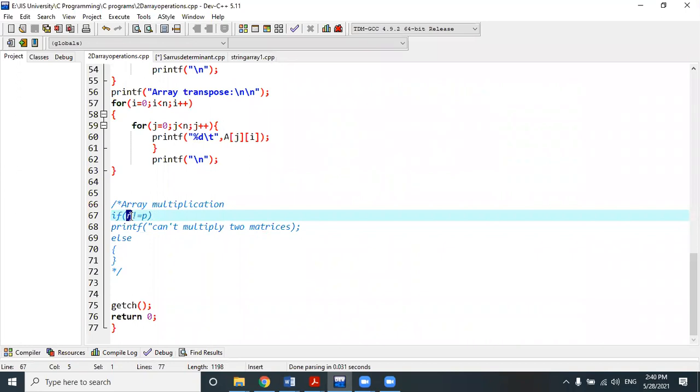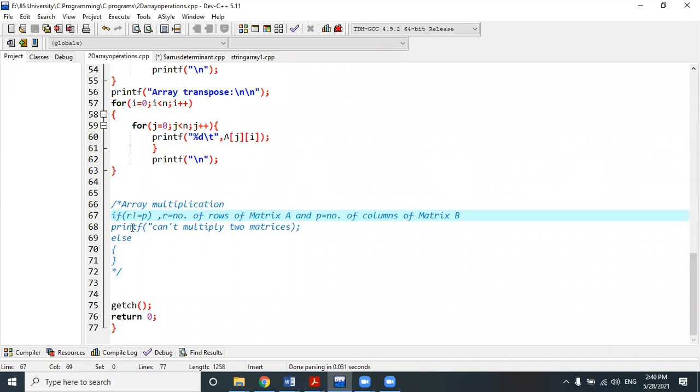R is the row number of the first matrix and P is the column number of the second matrix. Very good. So R is the number of rows of matrix A, and P is the number of columns of matrix B.